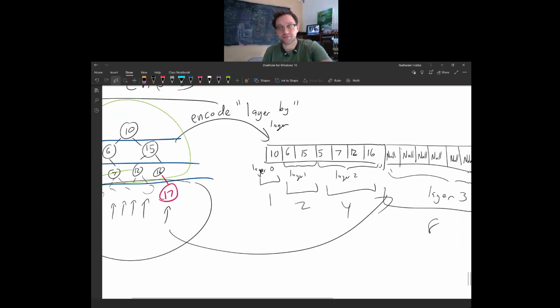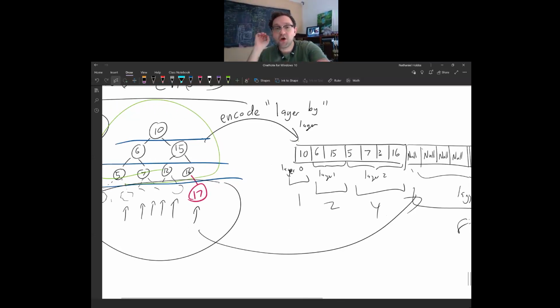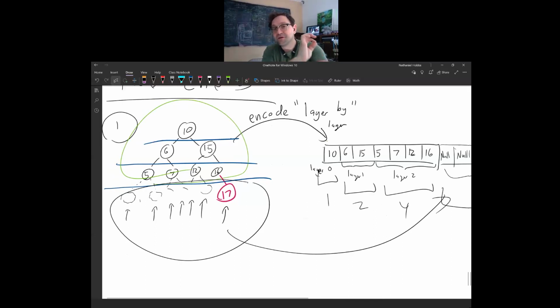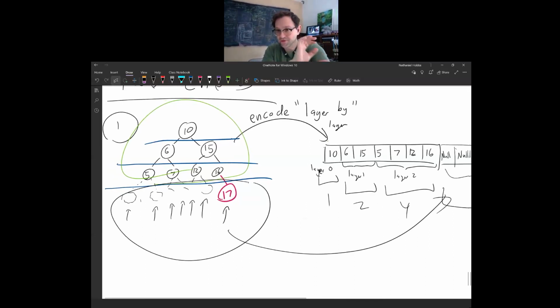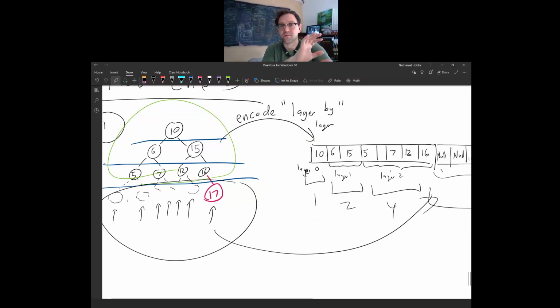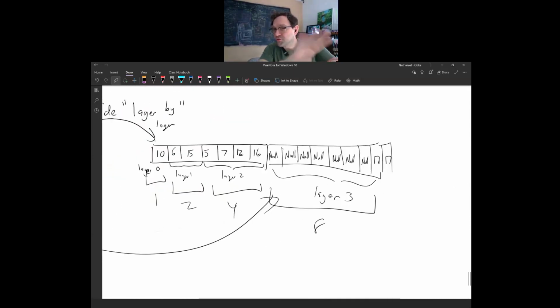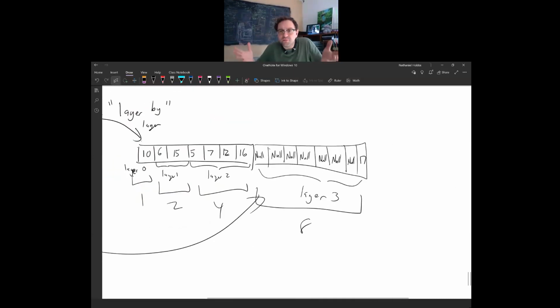I can see I'm running out of time, but I want to answer this question. Why, if a binary tree is better, and I'm trying to tell you that it is, do this big step of putting it as an array? What's the point? The point is that